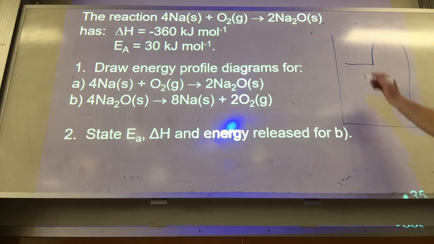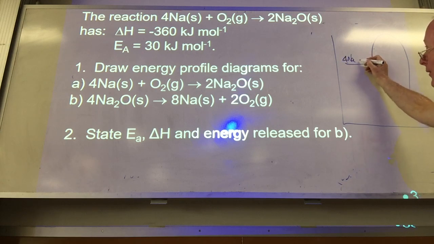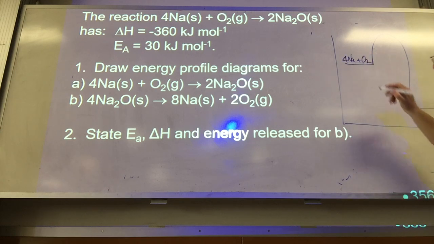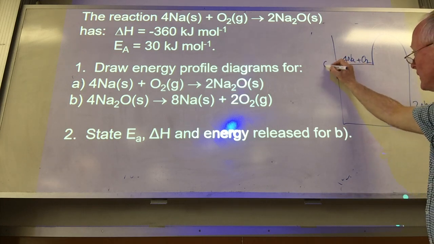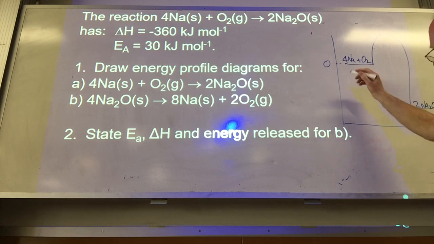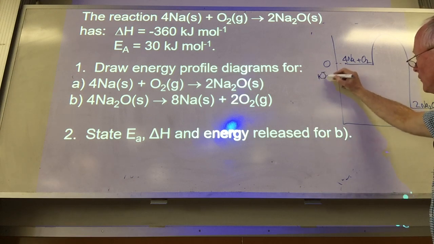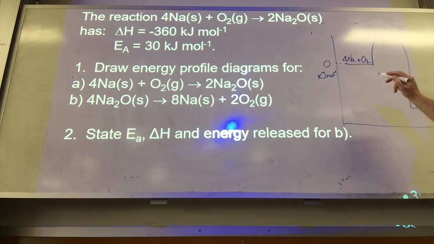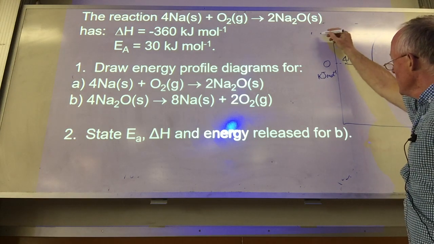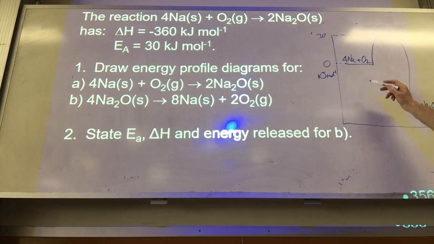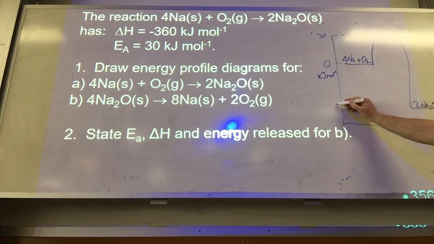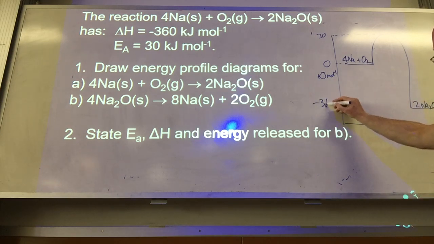Next thing I'm going to do is to write in the reactants and the products, including the coefficients, of course. Now, reactants are always given a value of 0. Remember the units, of course. Activation energy is 30, so going up to plus 30 for the activation energy. Delta H is negative 360, so we go down to negative 360